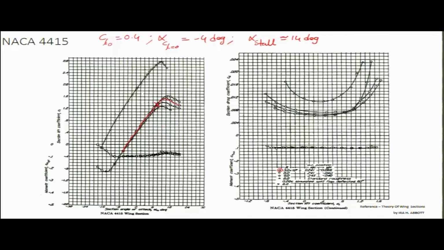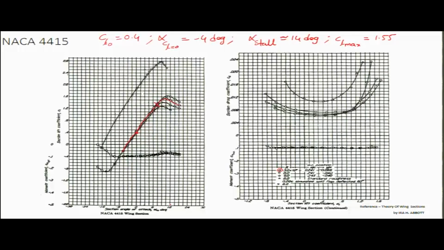and this is your point for Cl naught, that is 0.4. Alpha. You have Cl max, which in this case is around 1.55,